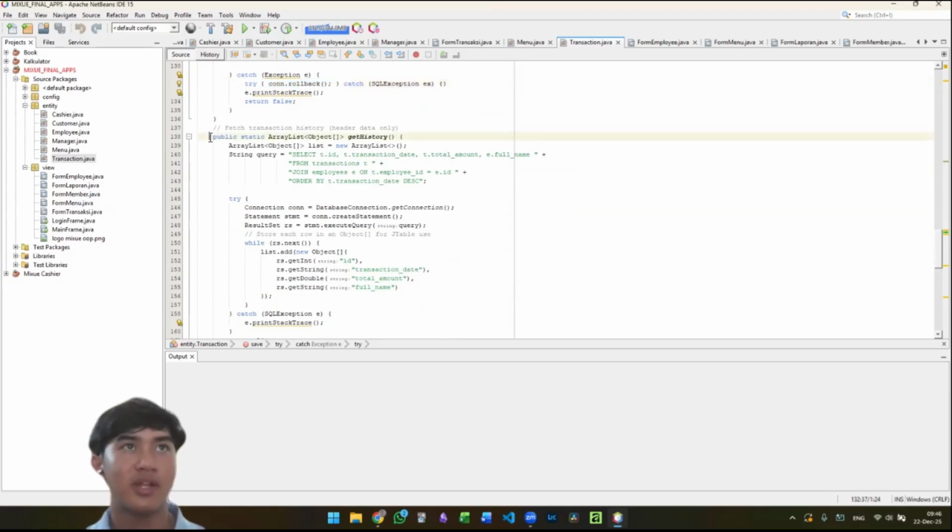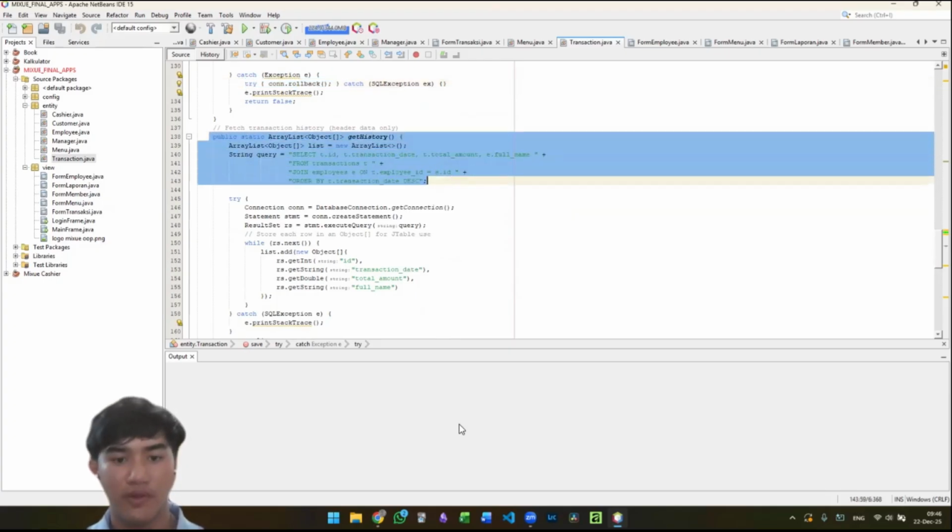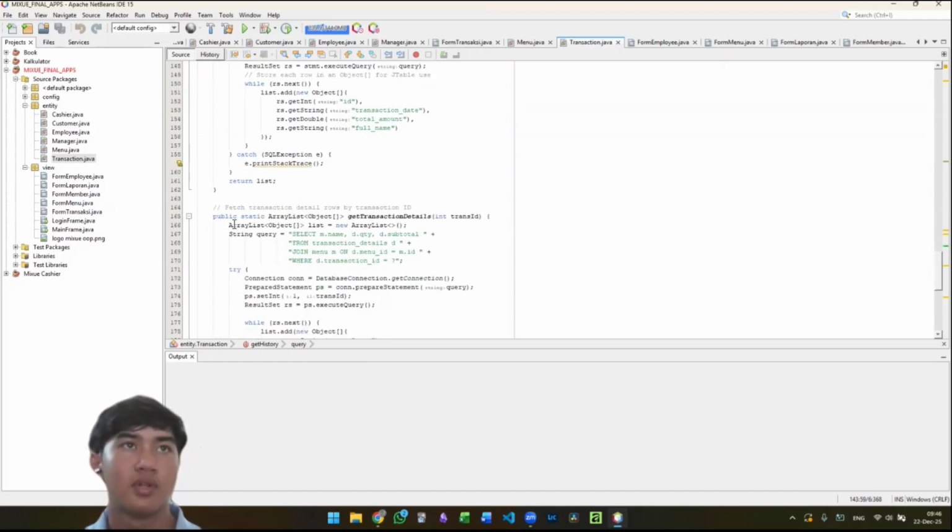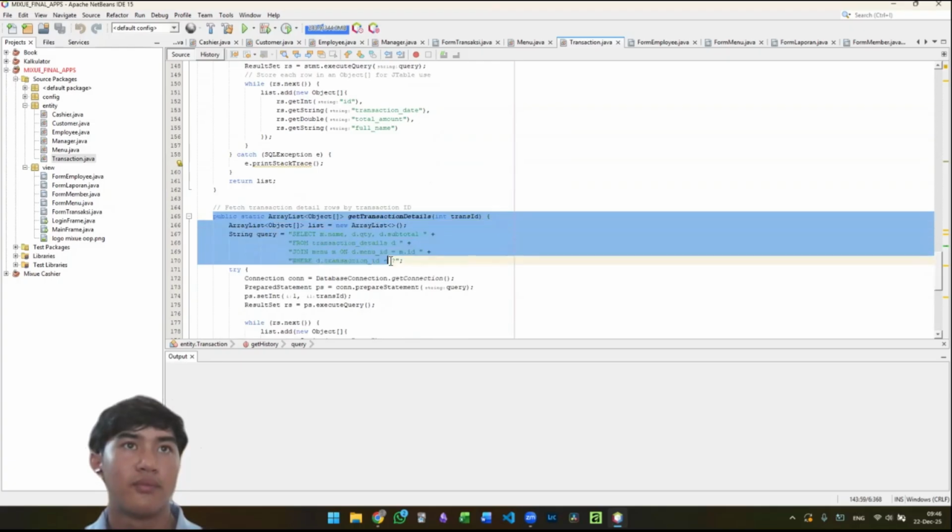In the transaction history, it will fetch the transaction ID, date, total, and employee name. It will store them as objects because the table uses it like that. And there's this one to fetch transaction data rows by transaction ID.